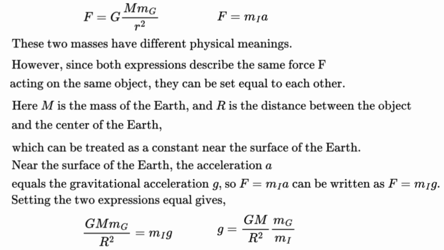These two masses have different physical meanings. However, since both equations describe the same force F acting on the same object, they can be set equal to each other. Here, m is the mass of the Earth, and r is the distance between the object and the center of the Earth, which can be treated as a constant near the surface of the Earth. Near the surface of the Earth, the acceleration a equals the gravitational acceleration g, so F equals inertial mass times a can be written as F equals inertial mass times g. Setting the two expressions equal gives